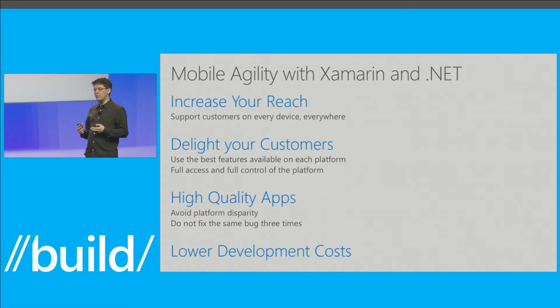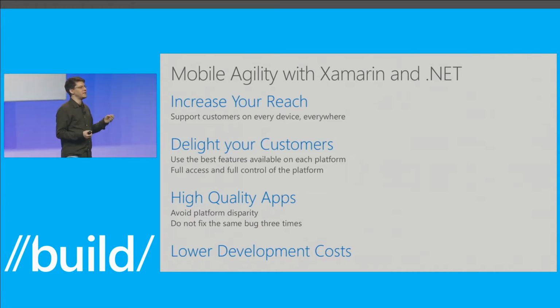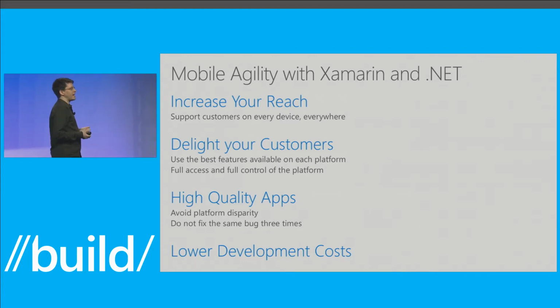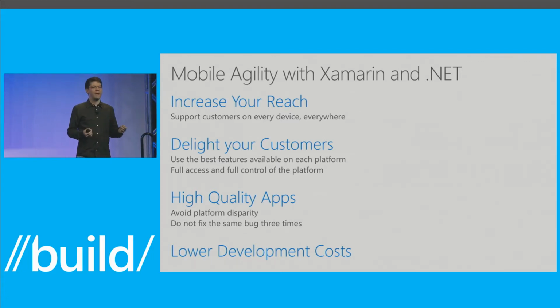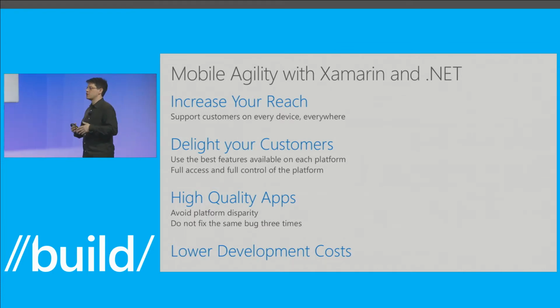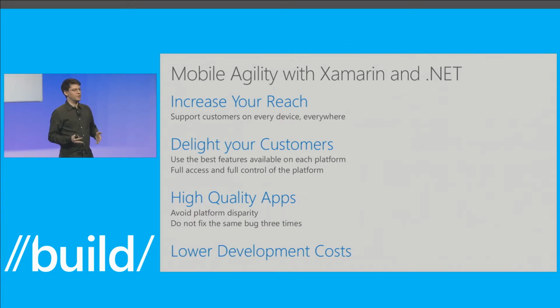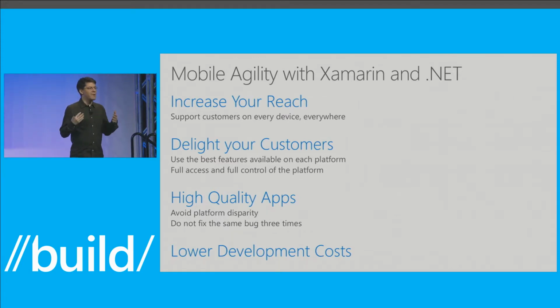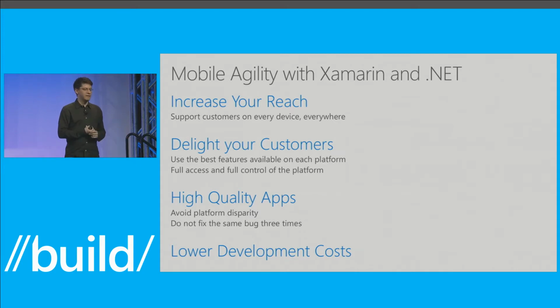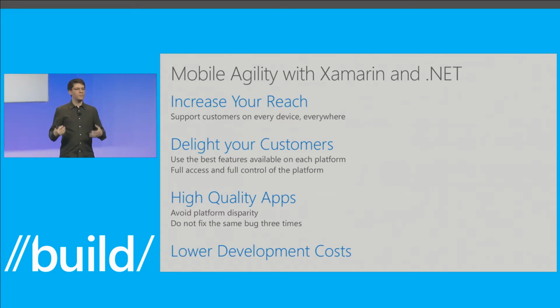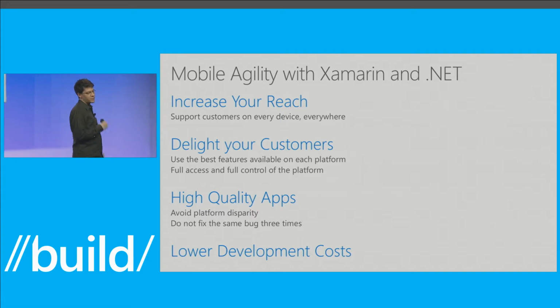Second, Xamarin was designed so you could take advantage of everything that is native about the platform. Both Android and iOS are platforms that move very, very rapidly. They introduce many new features on a very predictable cadence. And each release surfaces new hardware capabilities and new web service capabilities. So with Xamarin, you get all of those things for your applications. And in fact, there's always a race. Every time there's a new Google Play Services release or a new iOS release, there's always a race for developers to adopt those features so they can capture more customers.